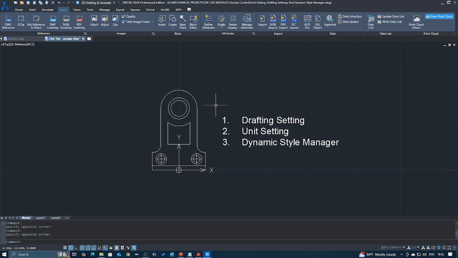That is the reason, because whenever we want to read the drawings, we have to mention in which unit we are measuring it, in which unit we are reading it, in which unit we are drawing it. Let's say I have the drawing with no units, so I cannot read the dimension. I don't know what the length and width of the drawing are. So that's why the first thing is you have to set the units,